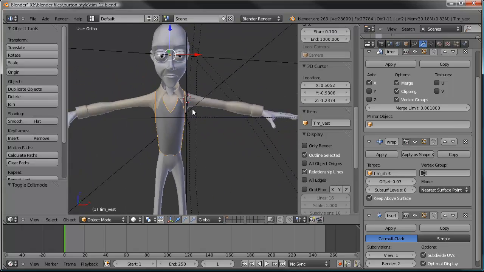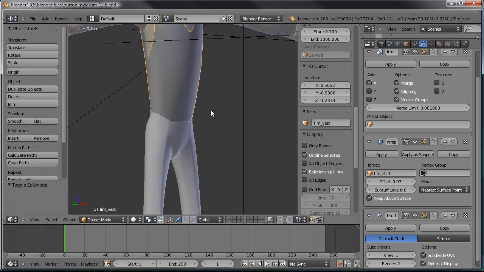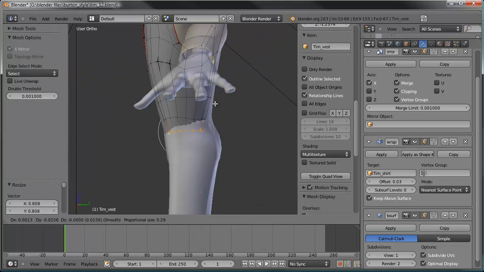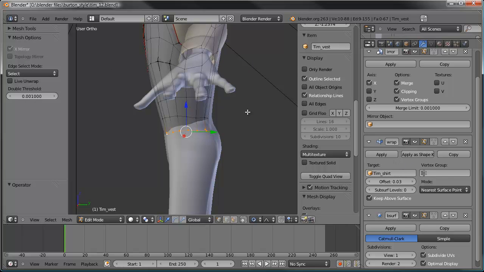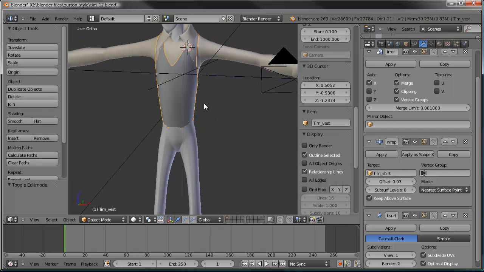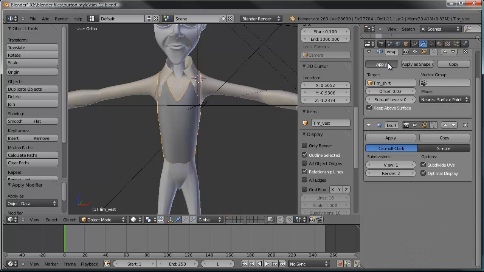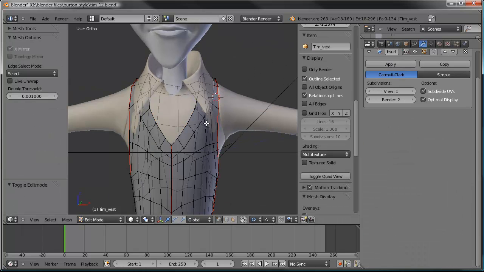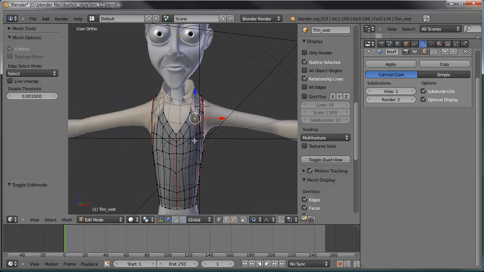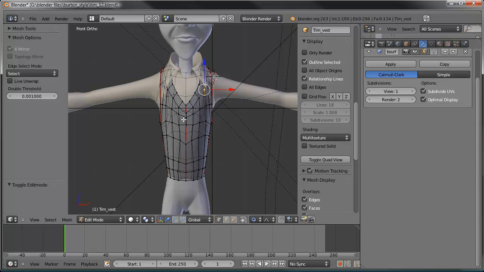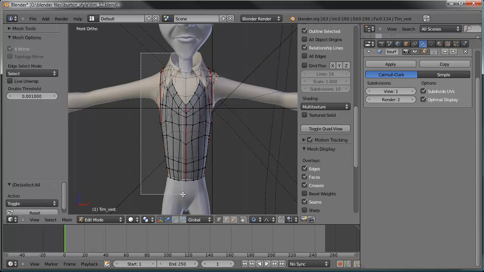I think that'll work. Let's make this area here a little bit small. Actually, I guess since we have the shrink wrap turned on, we're not really able to modify that at all. So let's go ahead and apply our mirror, and we'll go ahead and apply our shrink wrap. Now, since we have the shrink wrap in place according to the shirt position, let's go ahead and delete the half